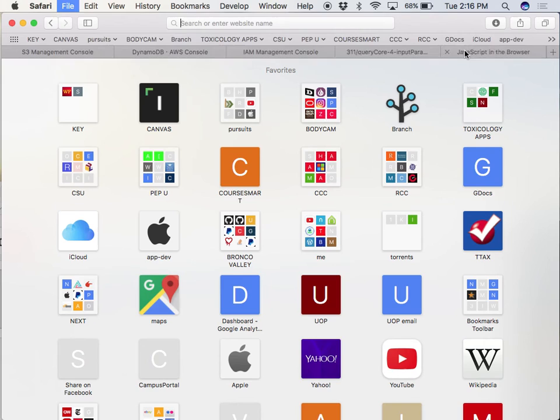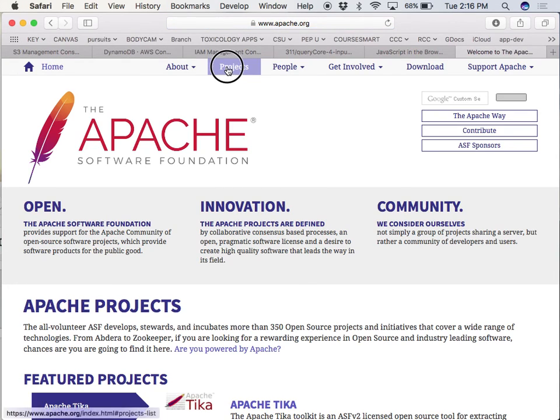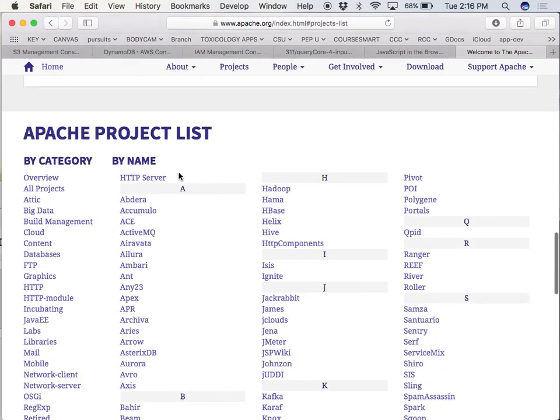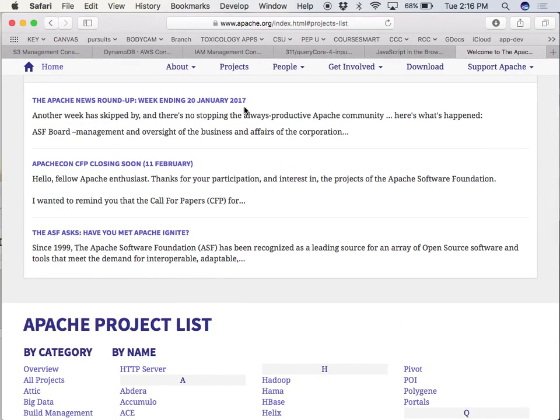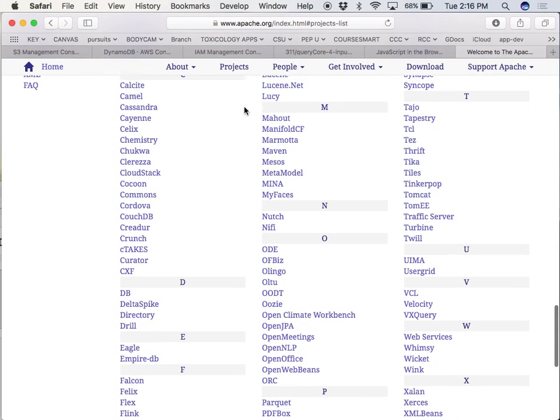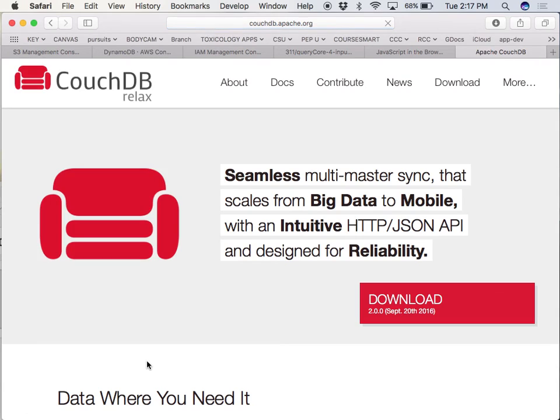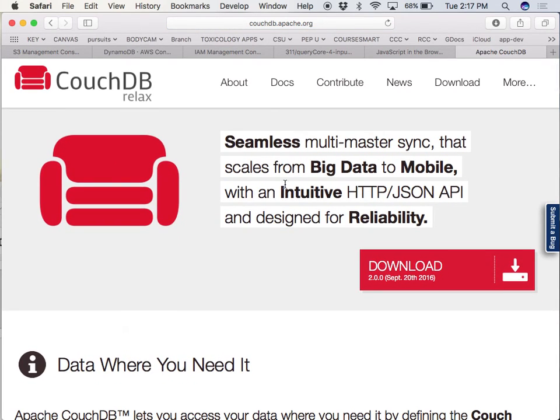So what's interesting is that in the last few years, as a database person, it's been fun to watch all the database projects come about, especially on Apache, where there are literally just dozens of new cloud-friendly databases, one of which is CloudDB.